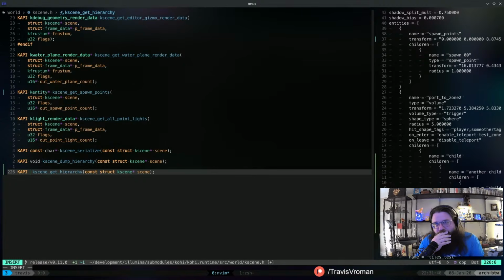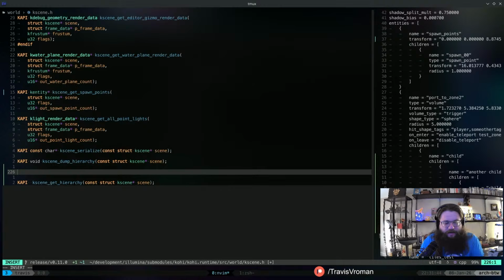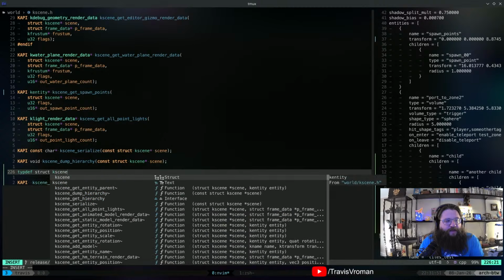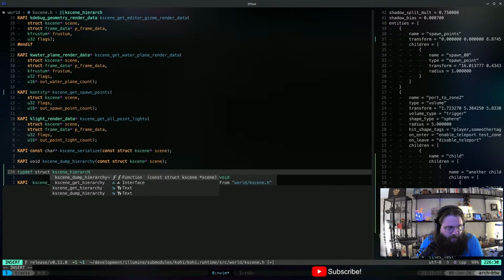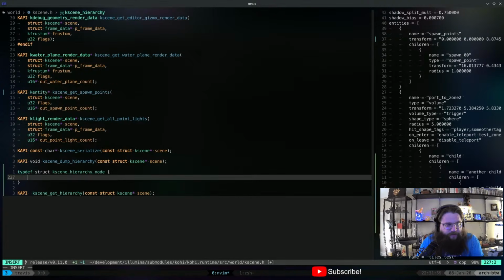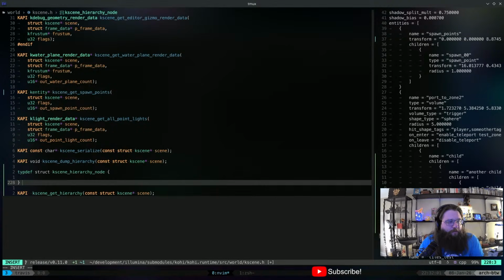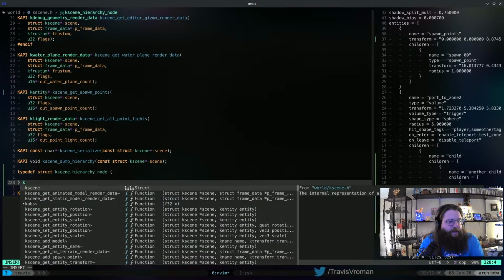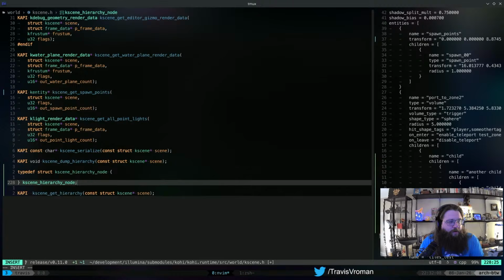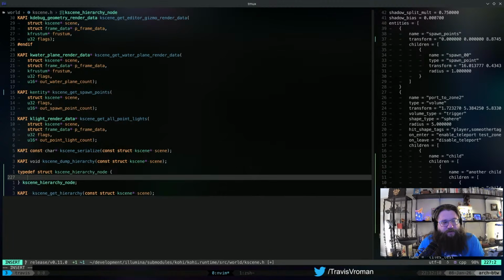And we need some sort of type to represent this, right? So we need a typedef struct k-scene hierarchy node, I guess we can say. If I can spell typedef correctly. K-scene hierarchy node, right?